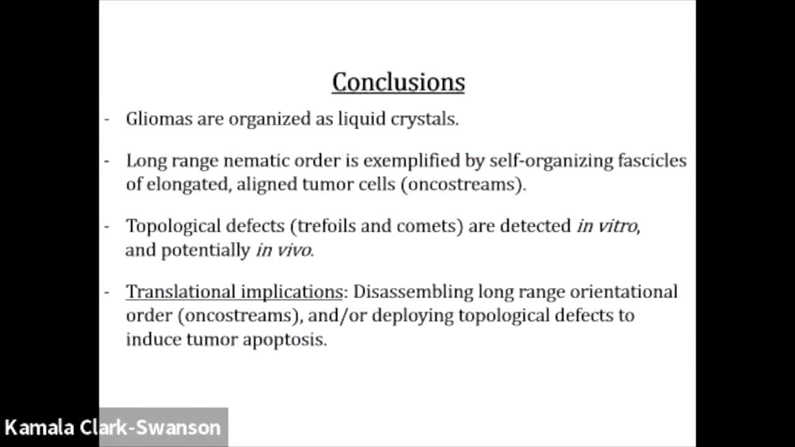So the conclusions: we postulate, we hypothesize, that the gliomas are organized as liquid crystals. In support of this, I've shown you the existence of long-range nematic order, exemplified by what we describe as oncostreams. The topological defects are detected in vitro and potentially in vivo. And the translational implications are, we postulate that possibly disassembling this long-range orientational order, i.e. disassembling the oncostreams, and or deploying topological defects to induce apoptosis may be future ways of